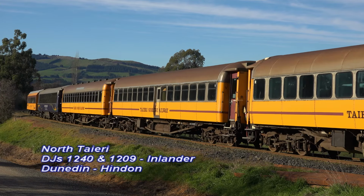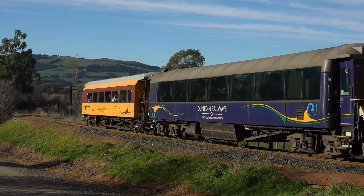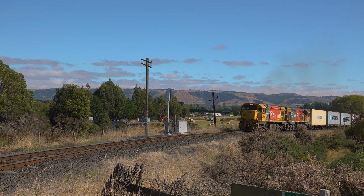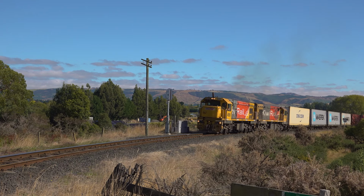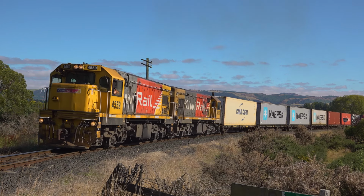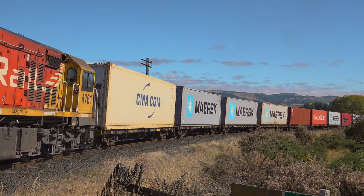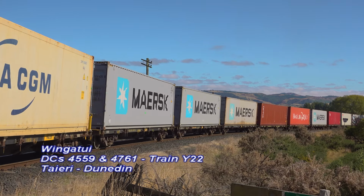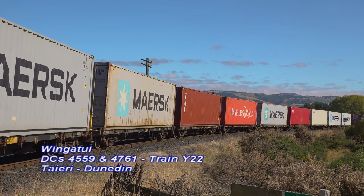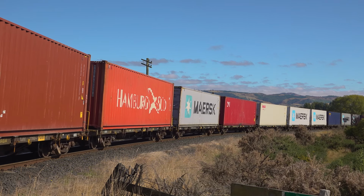After a number of years, Dunedin Railways will once again run trains from Dunedin through to Pukerangi. KiwiRail still operate over the first 4-kilometre section of the Otago Central Line that serves Fonterra's Bolt store at North